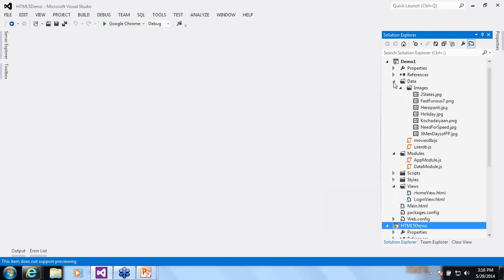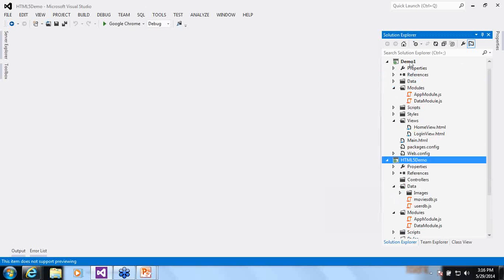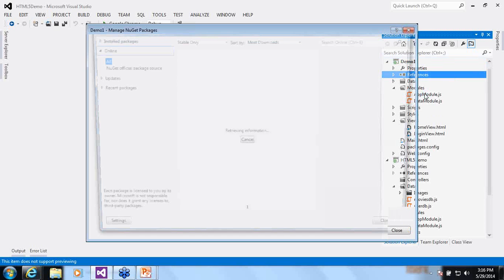I have another demo project wherein, to add support for AngularJS, I have added a NuGet package called AngularJS, and it is enhanced for HTML5 applications.